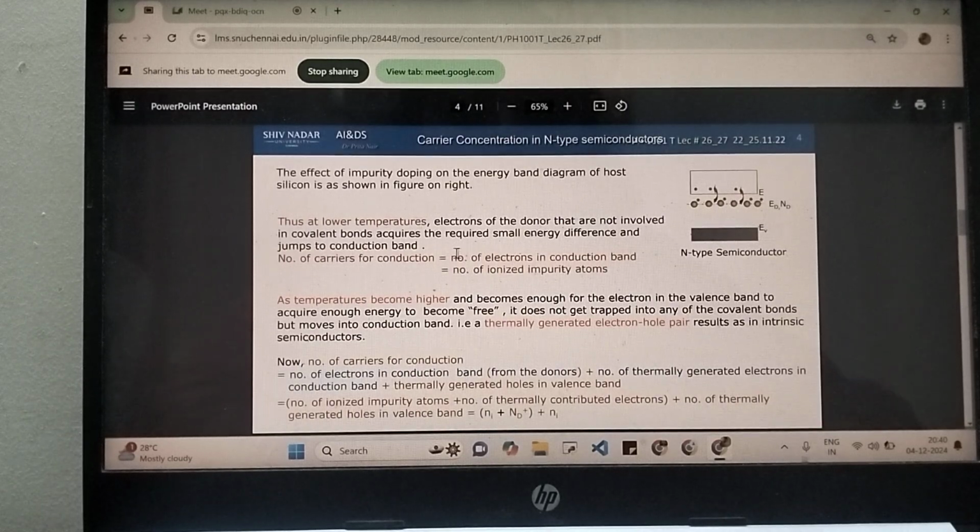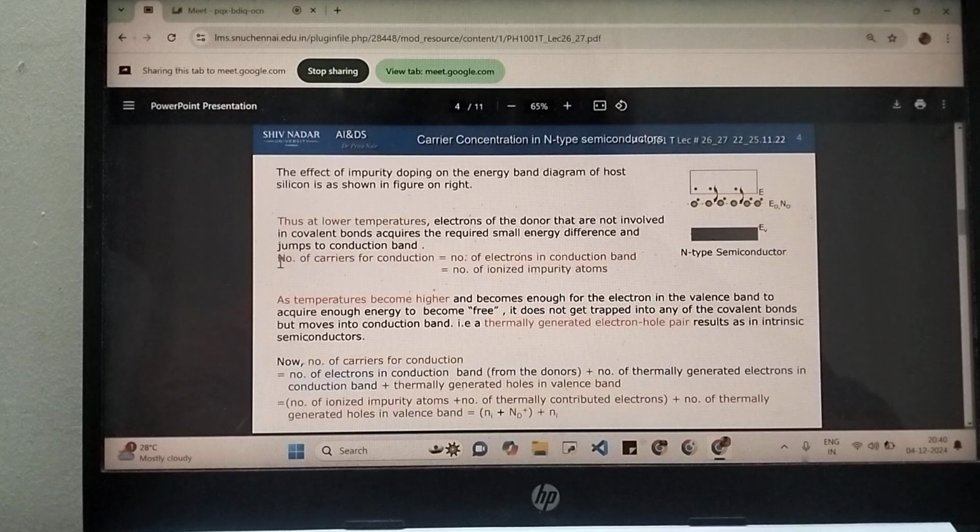Okay, now at lower temperatures, the electrons of the donor which are not involved in covalent bonds, that is the free electron, the fifth electron in the phosphorus atom, require a small energy difference and jump to the conduction band. This is at very low temperatures, low meaning still higher than 0 Kelvin but not too high, because these free electrons have very small binding energy. So you apply a very small amount of heat and they break free from the binding forces and enter the